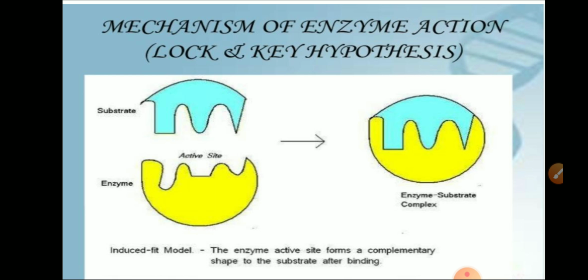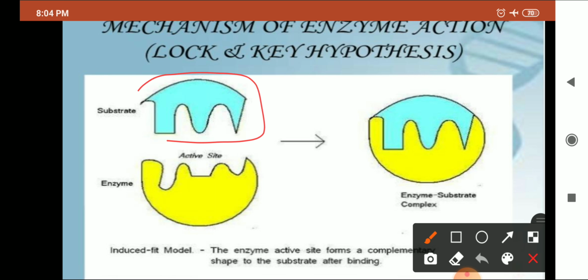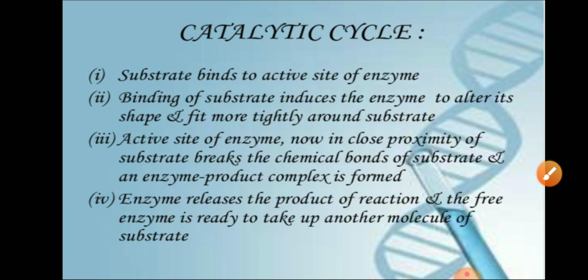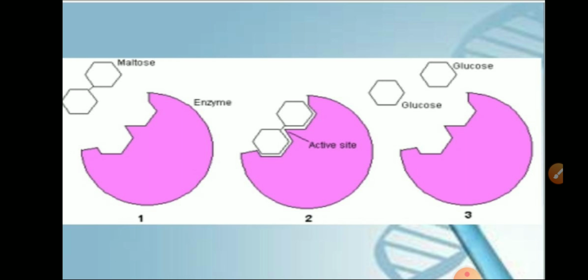Now here you are able to see the lock and key hypothesis. We have the substrate here that will fit into the enzyme and form the enzyme-substrate complex. Next is the catalytic cycle. The substrate binds to the active site of the enzyme and forms the enzyme-substrate complex. The active site of the enzyme is now in close proximity with the substrate and breaks down the chemical bond, and the enzyme releases a product in the end, and the enzyme is again free to take up another molecule of